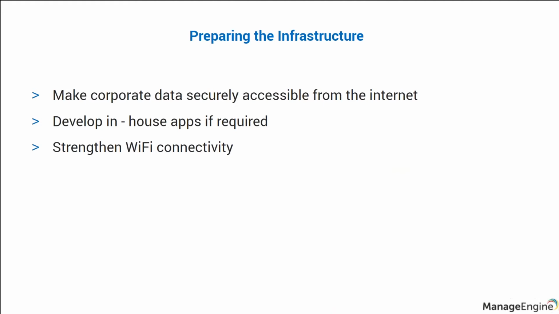Employees would need access to corporate data via the internet in order to perform tasks. Hence, there is now a need to ensure that this data is available for secure access by your employees. Should this corporate data be exposed via an app, your organization has to ensure that it is mobile compatible. Many organizations use in-house apps, commonly known as enterprise apps, for this purpose. The Wi-Fi connectivity within your enterprise also has to be strengthened, including the number of access points and the bandwidth, to accommodate a sudden spike in mobile users.